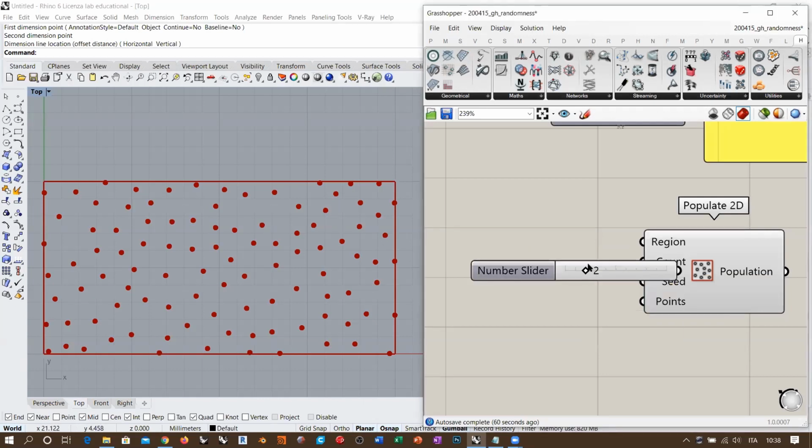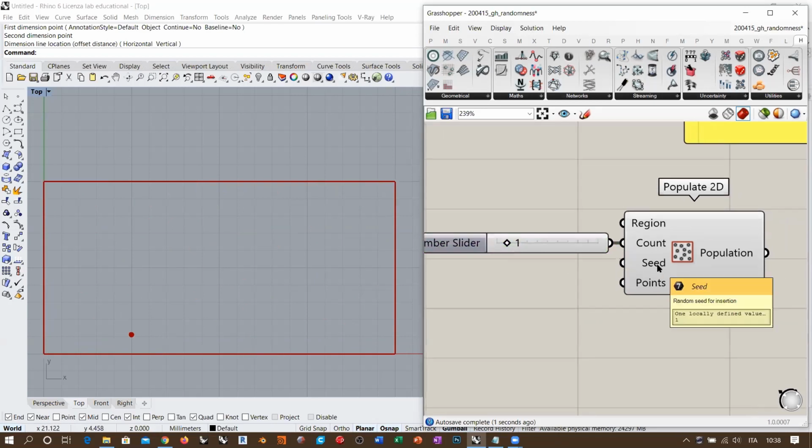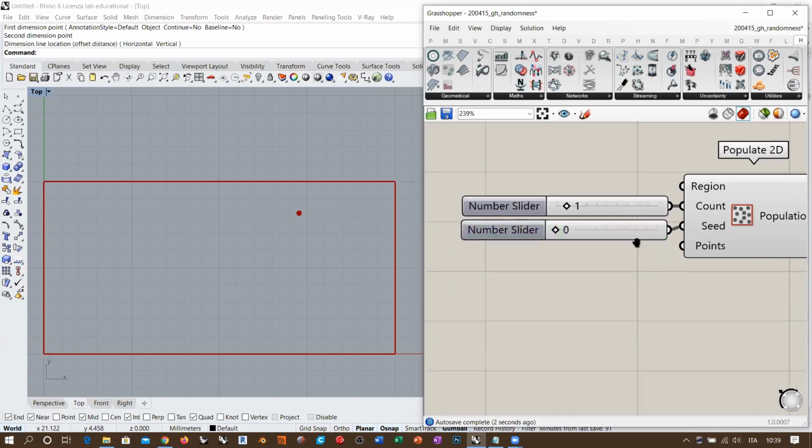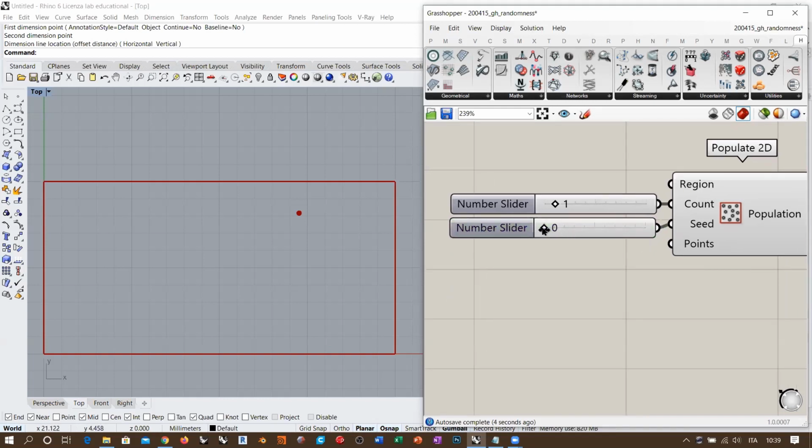Well, let's take a slider and bring it down to 1, and you have the seed. If I take a seed value between 0 and, let's say, 1000, and plug it into seed, I have a different position for the random point inside my region. But if I start to move this, you will see that this point is basically moving in diagonals. So this seed is a progressive value, of course,